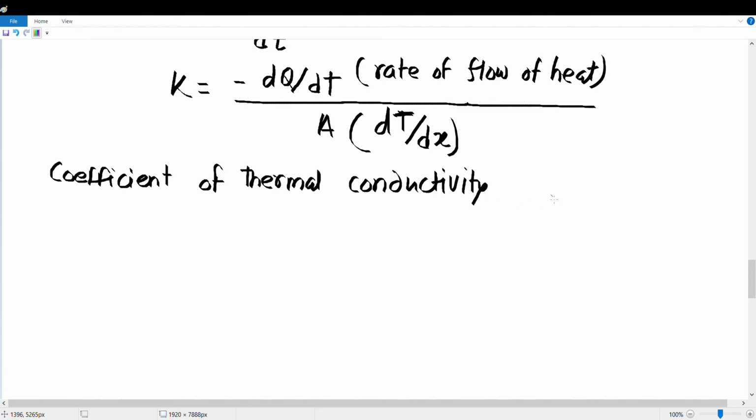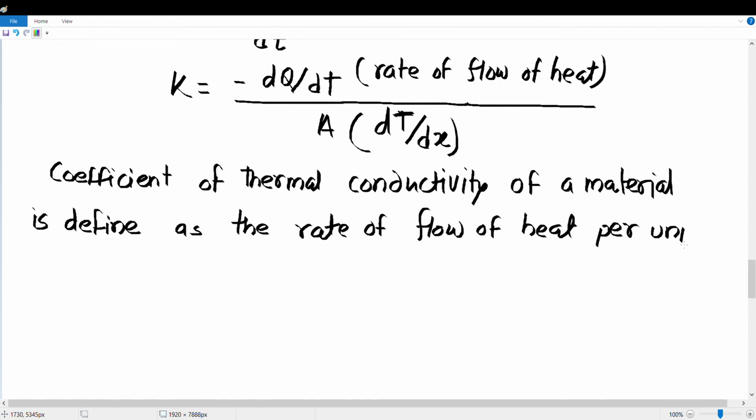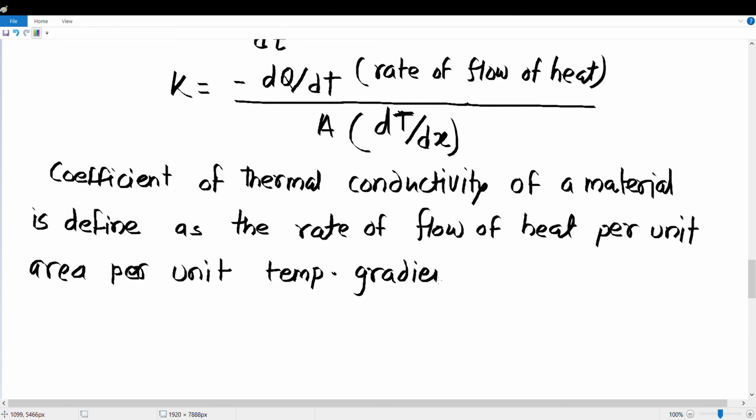The coefficient of thermal conductivity of a material is defined as the rate of flow of heat per unit area per unit temperature gradient